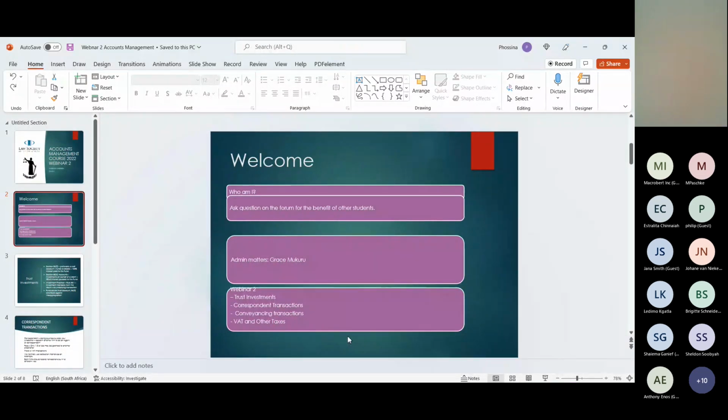Hence, we call them trust creditors, because at the end of the day, the trust owes them money until we account and take our fees, or until we receive and pay on behalf of our creditors. So remember that. The trust account is so simple, it's so easy. So you should score high on the trust account, because it only affects the cash book